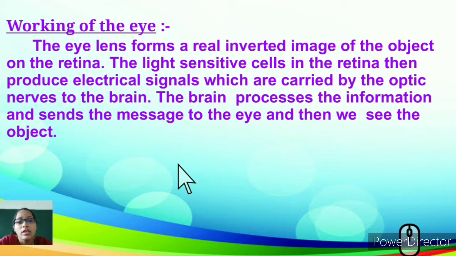But no, only the image formed is inverted. Once it enters the brain, the optic nerve takes the signals to the brain and it rectifies the image and sends it back to the eye to see as we want. So this is the working of the eye. The major part of the eye is the retina that sends the signals to the brain, and the optic nerve carries the signals, and this signal gets captured and a recorrected image is sent to the eye.